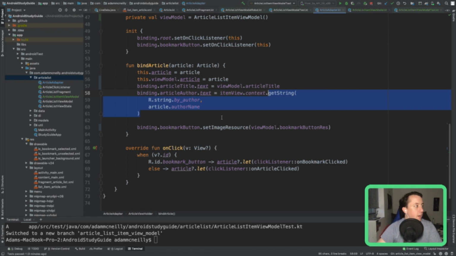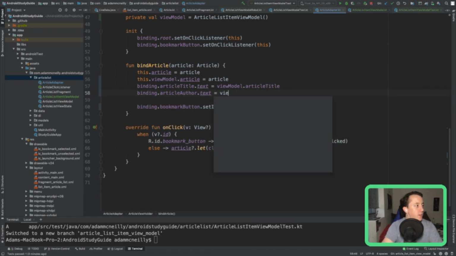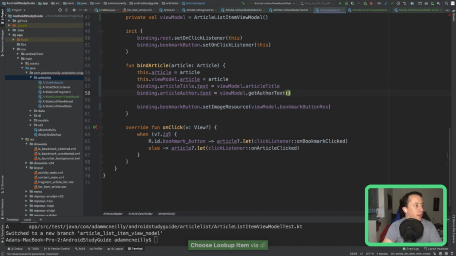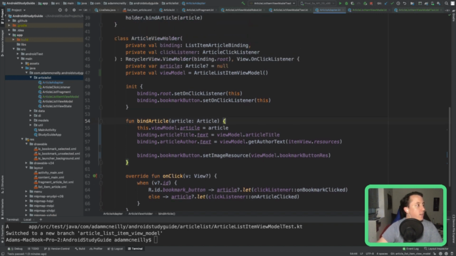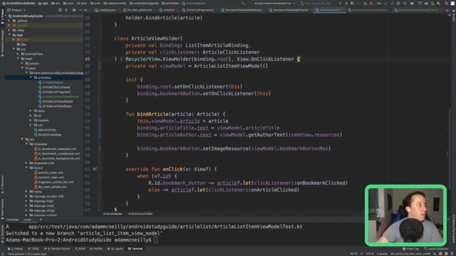Inside our article adapter we now say view model dot get author text, and then item view dot resources. Yep. And now we can get rid of any reference to an article here, and everything's handled by the view model.